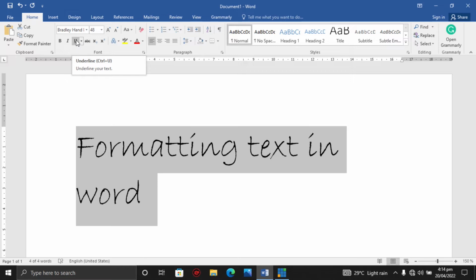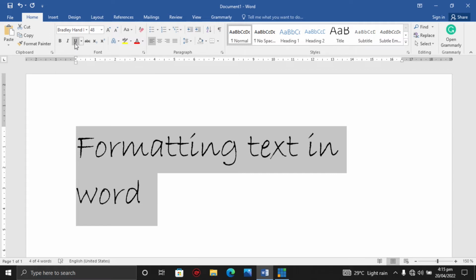So they give you info on what the tool is all about. That's one thing about Microsoft Word: when you see a tool, all you have to do is take your pointer there and leave it for some seconds. It will display the name of the tool, the shortcut for the tool, and also the use of the tool.